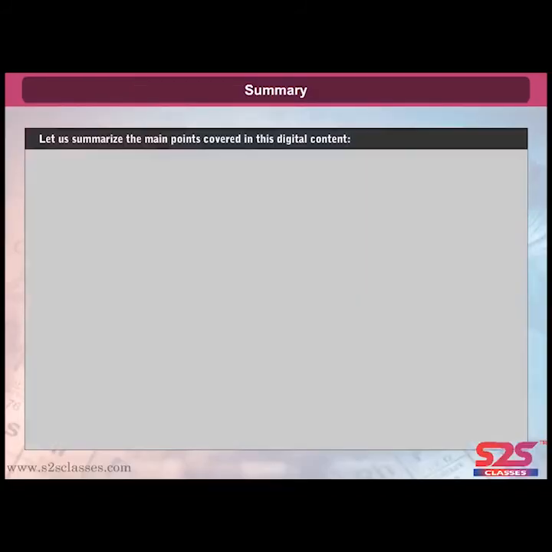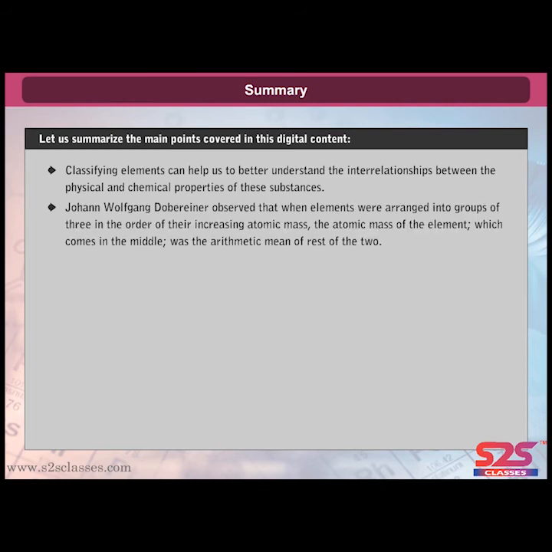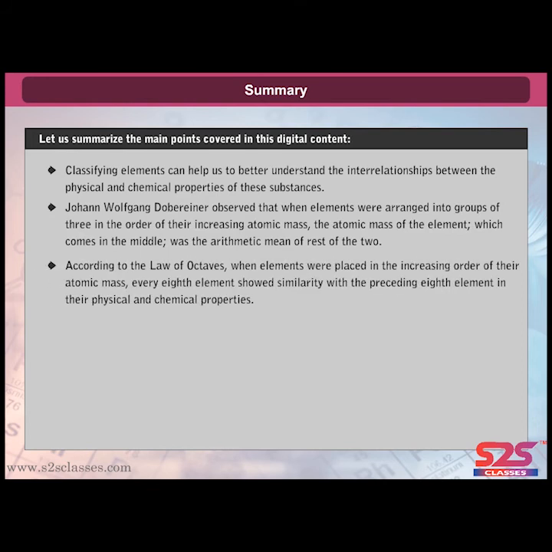Let us summarize the main points covered in this digital content. Classifying elements can help us to better understand the interrelationships between the physical and chemical properties of these substances. Johann Wolfgang Dobereiner observed that when elements were arranged into groups of 3 in order of their increasing atomic mass, the atomic mass of the element which comes in the middle was the arithmetic mean of the other two. According to the law of octaves, when elements were placed in the increasing order of their atomic mass, every eighth element showed similarity with the preceding eighth element in the